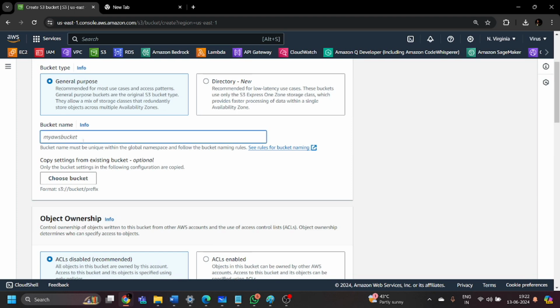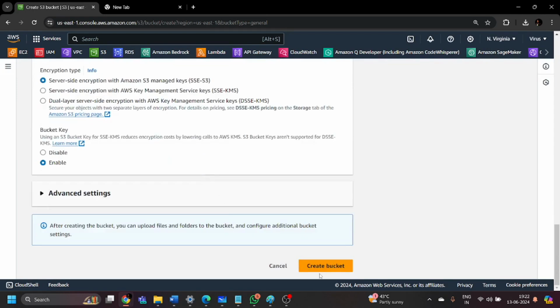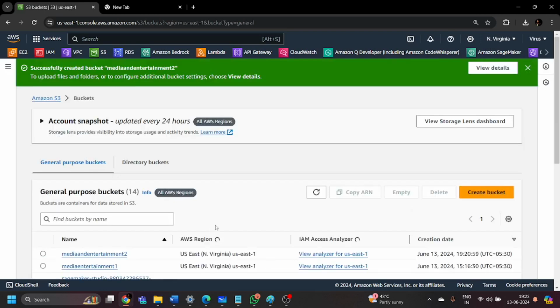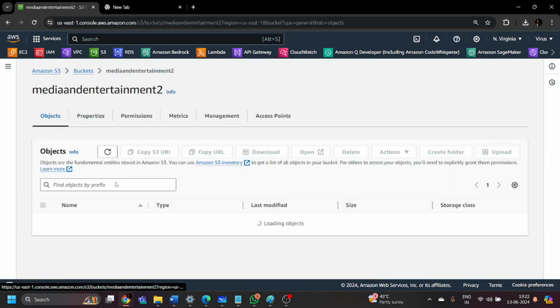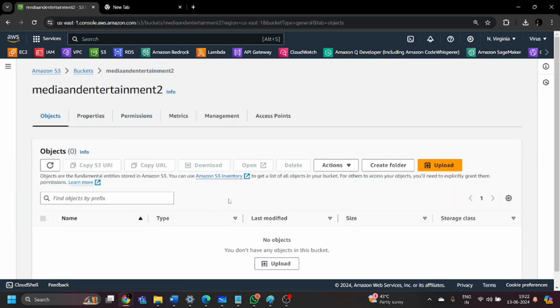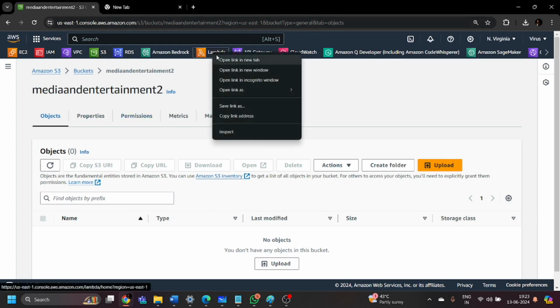So let me give a name to this bucket as media and entertainment 2. This is the name I'm giving to this bucket, and I'll leave everything default and just click on the create bucket option. Now, as you can see, this media and entertainment 2 bucket has been created by AWS. And now let's move towards the next service, which is